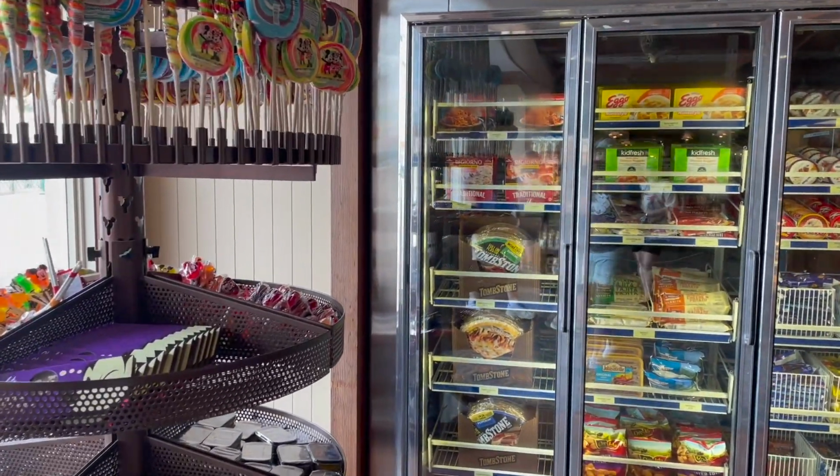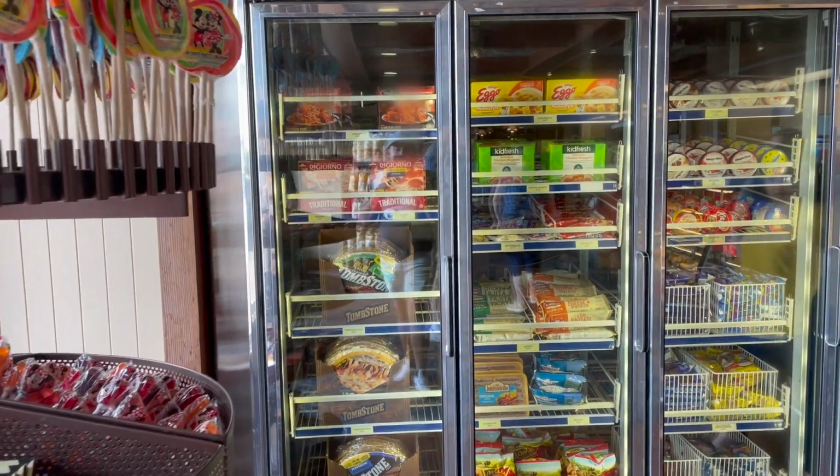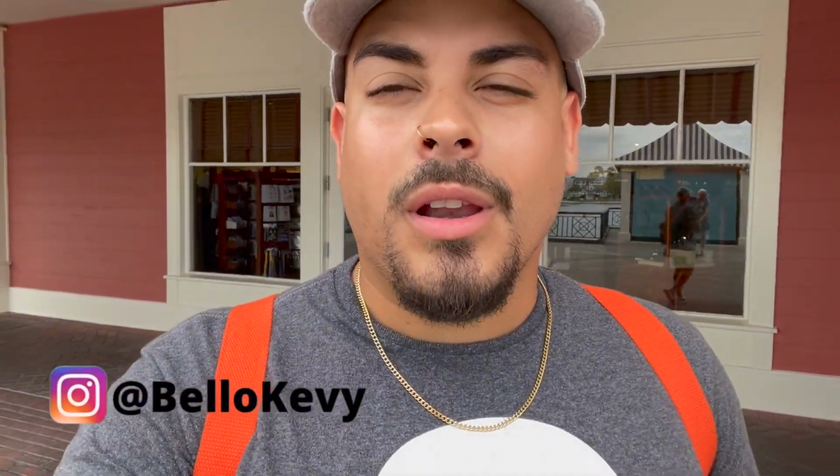other Disney resort. You're gonna have your frozen foods, the pizzas, because the villas do have kitchens, so that's a nice option to have. For the most part, that gift shop will have all of the things you can find at Disney Springs or other resorts. There's nothing too special in there, but it's very convenient and close to the resort. So if you're looking for merchandise before you have to head to the airport, you have that option, and it's